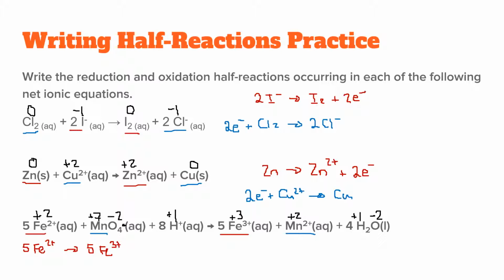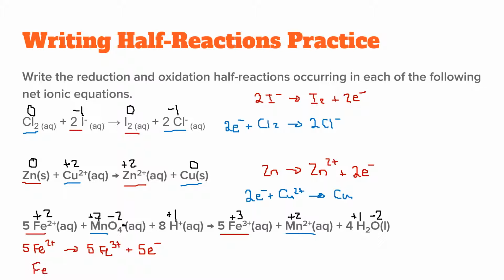Now obviously 3 is greater than 2, so to make both sides equal, we need to add electrons to the right side. Now we have +10 total on the left and +15 on the right, so we need 5 electrons to balance it out. Now these all have a coefficient of 5, so we can reduce it to lowest terms